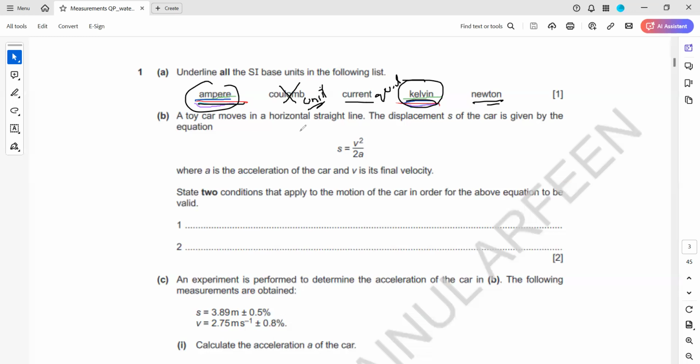The next one, a toy car moves horizontally. This is related to equations of motion. That's our next topic, so we'll just skip it right now. I can tell the answer, but it does not make a difference as we did not discuss anything related to equations of motion, as that's our next topic. We'll move on to